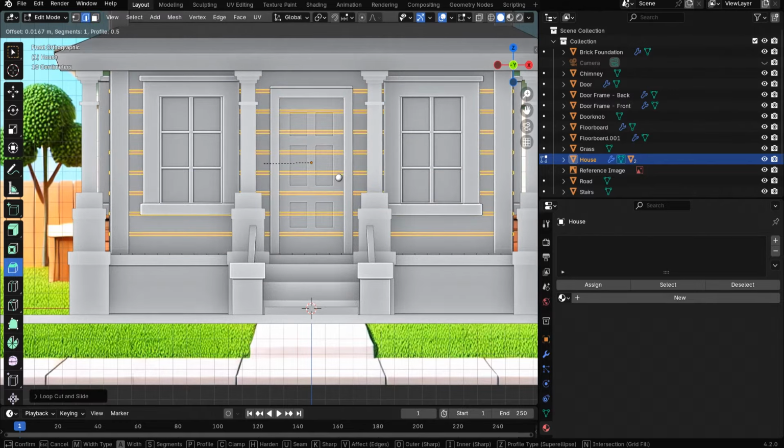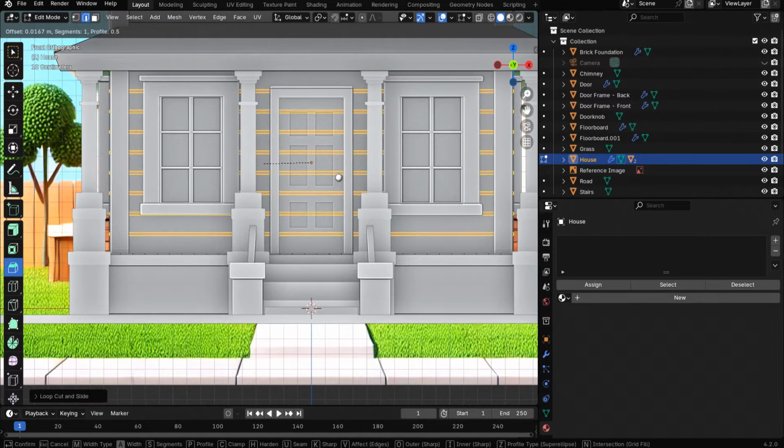Okay, then let's add a mirror modifier and make sure the mirror object is the house, and just like that, we've got the other side of the roof. I'm just going to add a cylinder with Shift A, scale this down, and this is just kind of a connector piece for the top of the roof. Just going to rotate it and then scale it along the Y. Okay, to duplicate that, rotate it along the X, and then create the